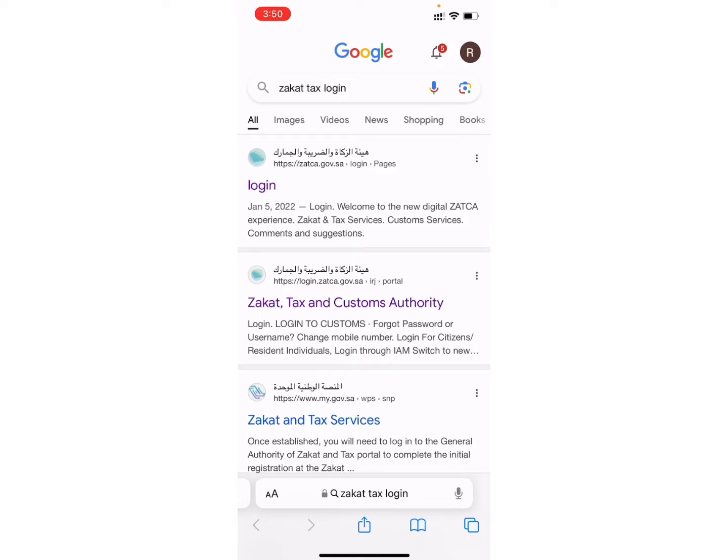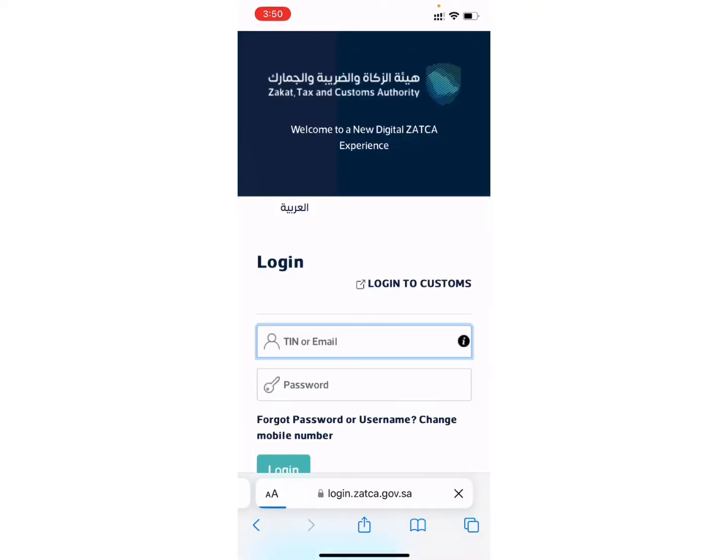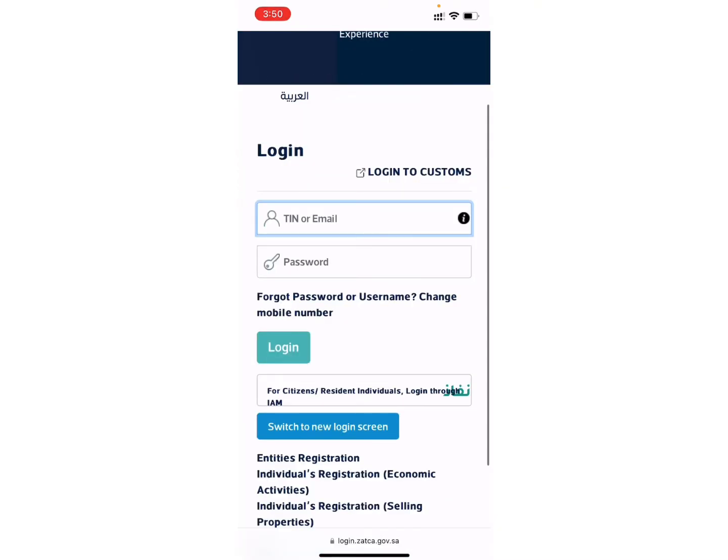After searching, different types of websites and links will appear on your screen like this. Click on the first website, login. Wait for a while and you will be directed to this page. Here you will see this first option, Zakat and tax services. Click on it. Now here, as you can see, you need to enter your TIN or email address and password